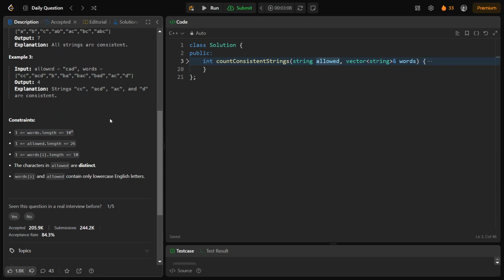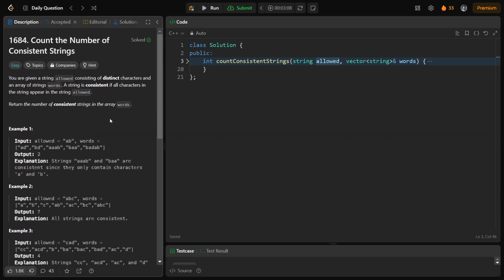Okay, so how do we go about doing this? So the idea is to have a hash set. Why? Because it allows us to search elements quite easily. So if we are looking at this string and want to check its consistency, I'll take the first character A and then check if that is present in this allowed string or not. Then I'll take D and check if D is present or not. So D is not present, so I return false or something like that. So that is why we will use a hash set, so that the searching time would decrease to big O